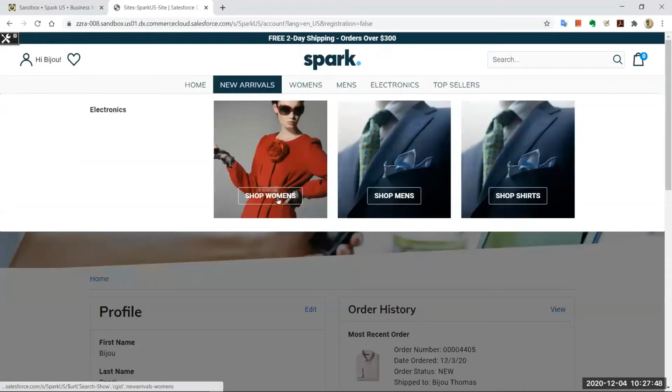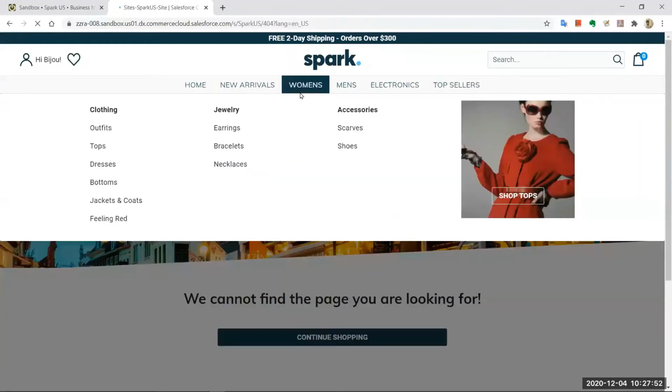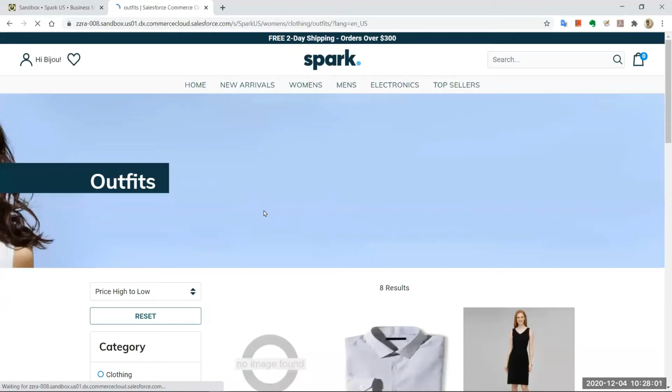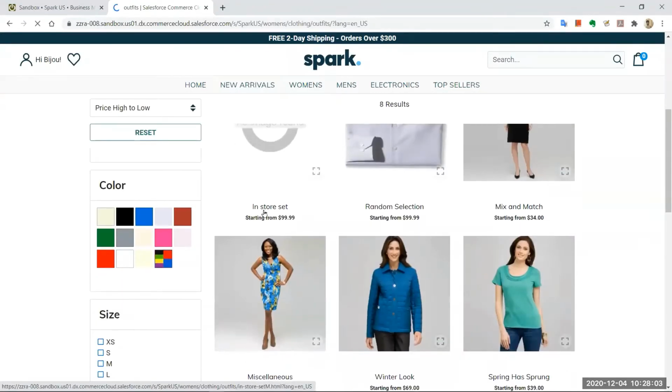So if you see, this is my profile. You get to see your profile if you are a logged in customer. You get to see your profile and manage it. You get to see your order history and all. But what it lacks is, as Lakshmi said, all that you can do is view your stores and modify your account details, right? It doesn't allow any kind of order servicing where you can cancel or return or anything.